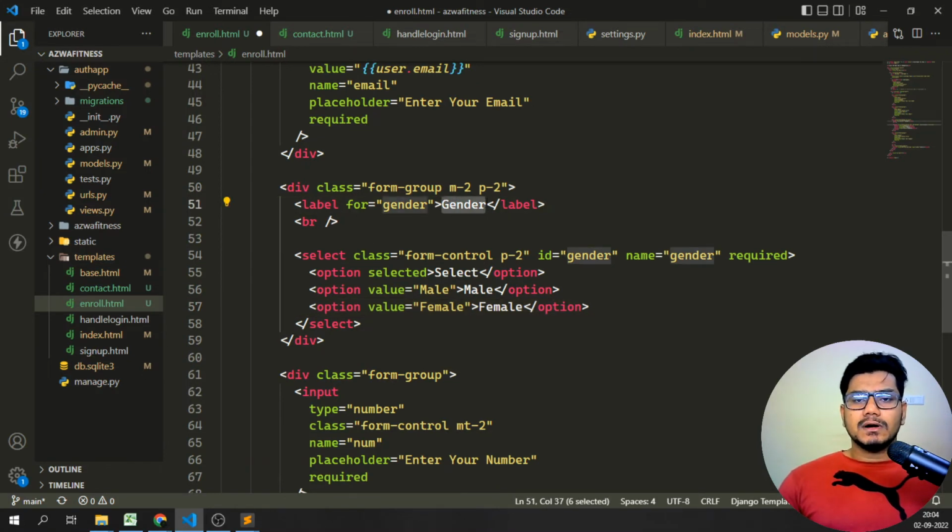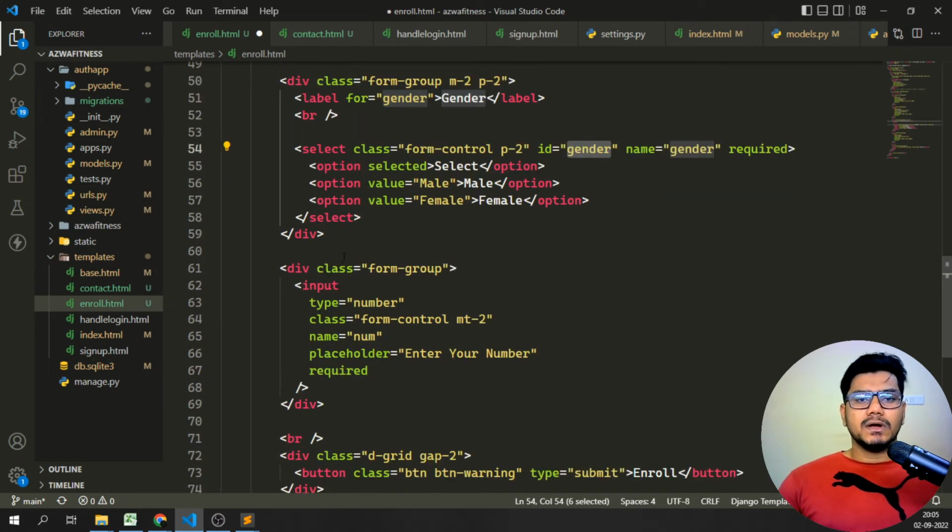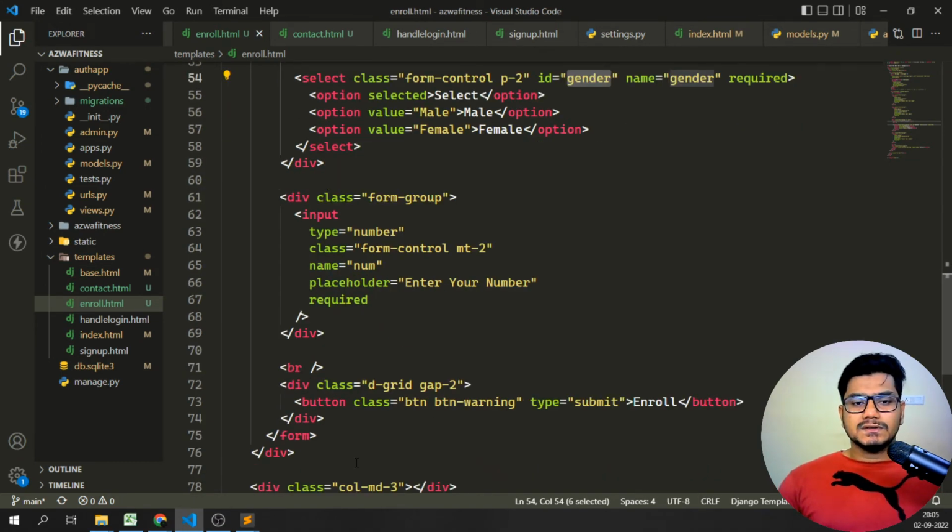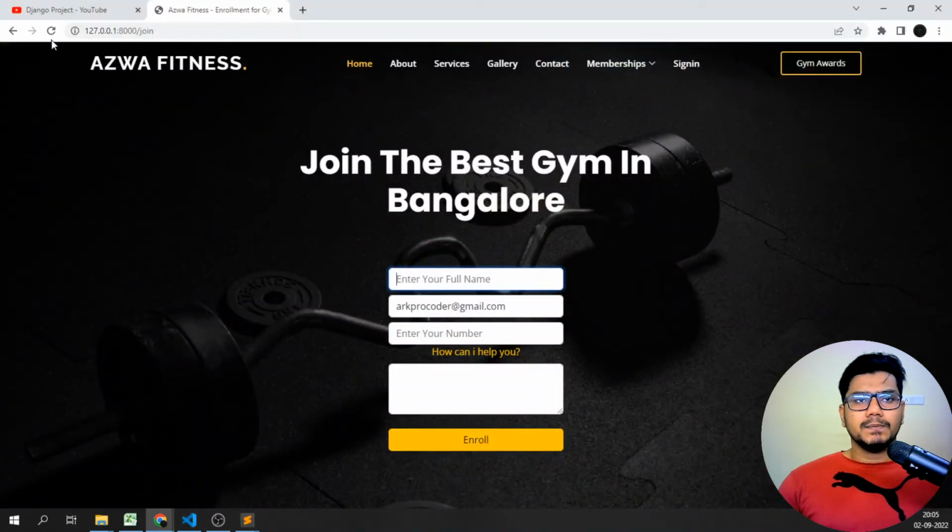So I'm just displaying what the gender is. Gender is taking a gender. I'm just storing the data with name equal to gender, selecting the particular male or female, and it is going to take it over here, so that is fine. If I just show you in my front end part, so you can see here in the front end,